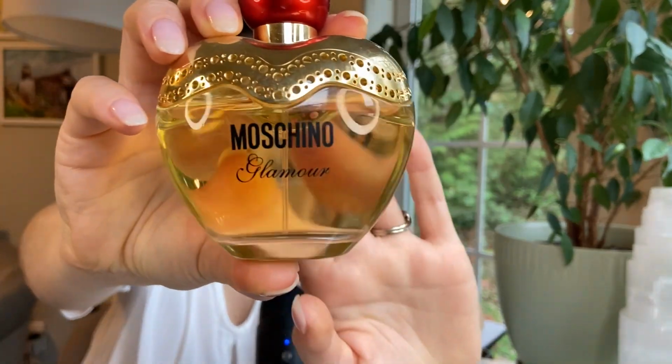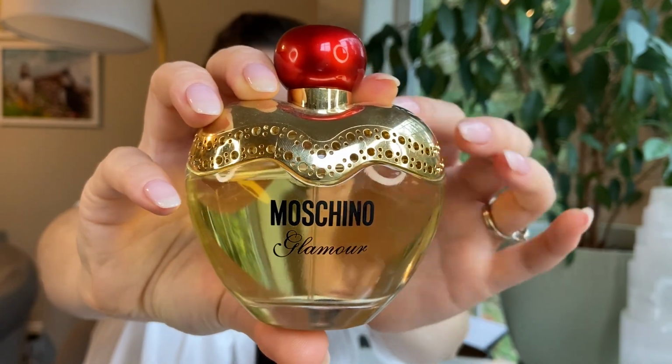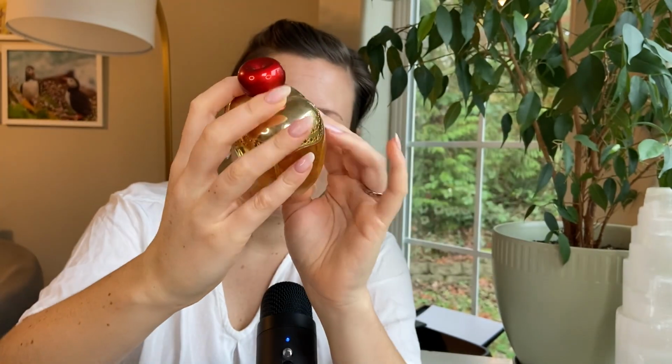Okay, next, this fragrance is by the brand Moschino, and it's called Glamour. I think this one is discontinued as well, but I still found it really affordable online on Mercari. So this one